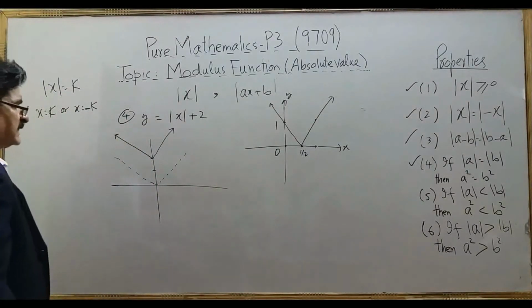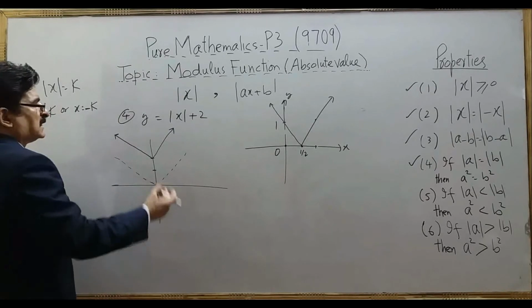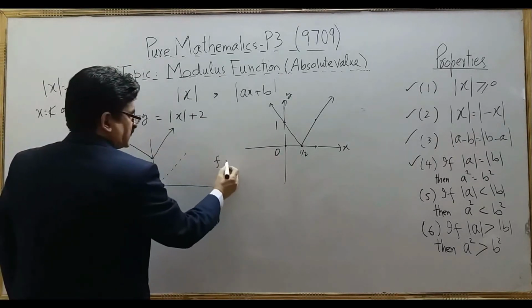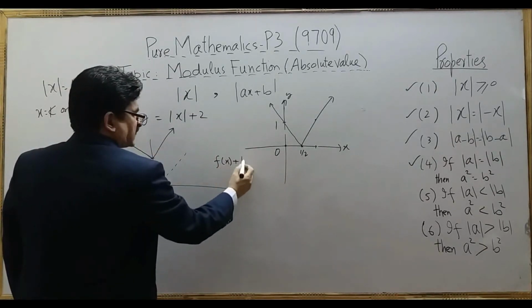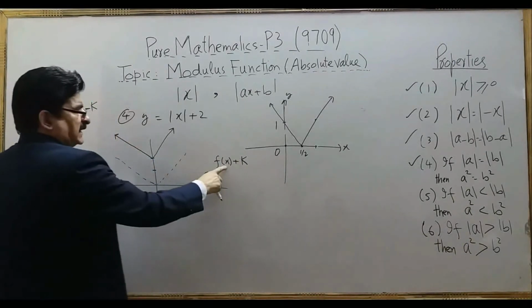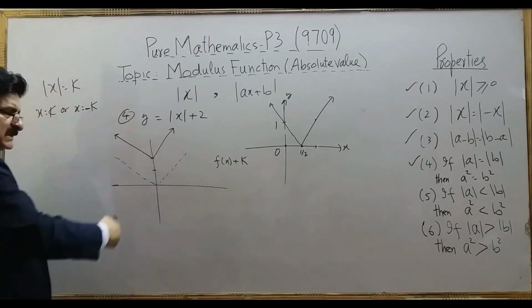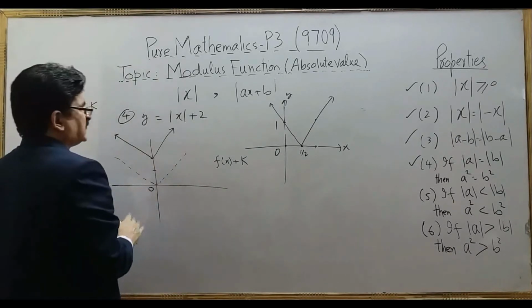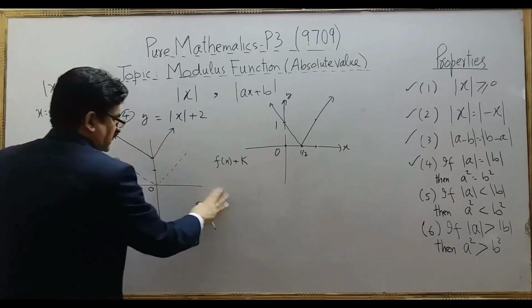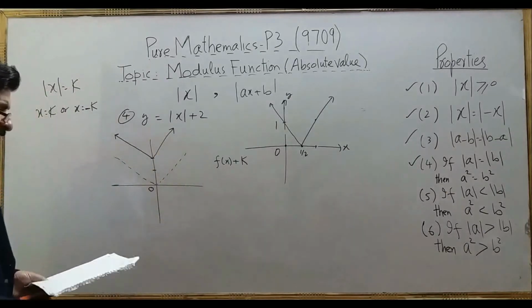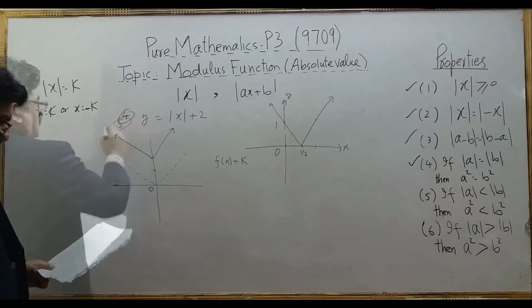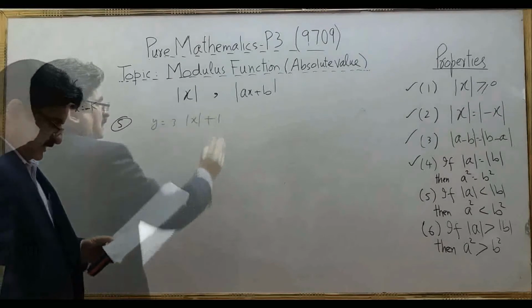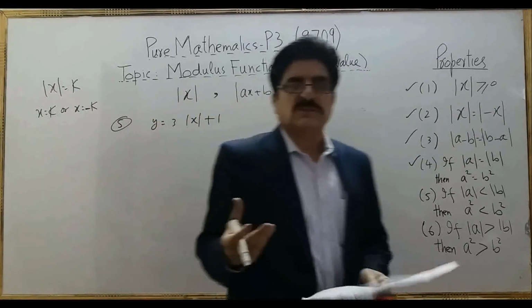So this is the method in which we are using the property that whenever we have a function f(x) and we add some number to it, then it is a translation along the y-axis. So you can use the properties in these graphs as well. Otherwise you can make the table and you can sketch the graph. Then we have example 5. Now see the changing situation.